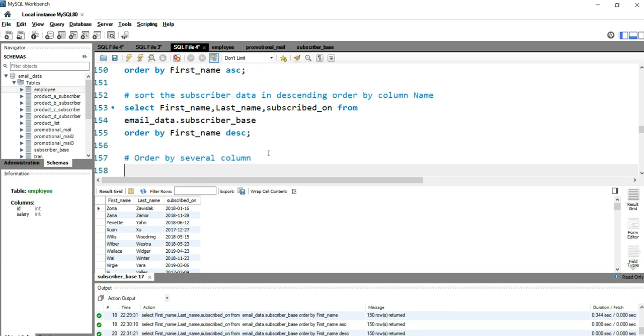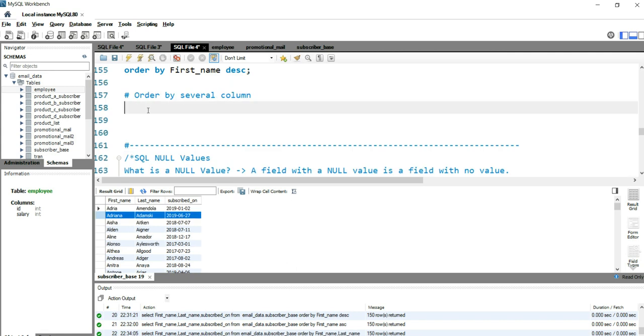Now suppose there is a situation where you want to sort the entire result set or the output by two different columns. So let's take an example that I want to sort the data based on first name and subscribed on. I want the person name in ascending order and the subscribed on date in descending order.